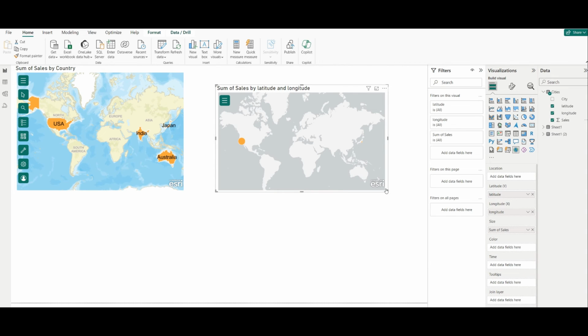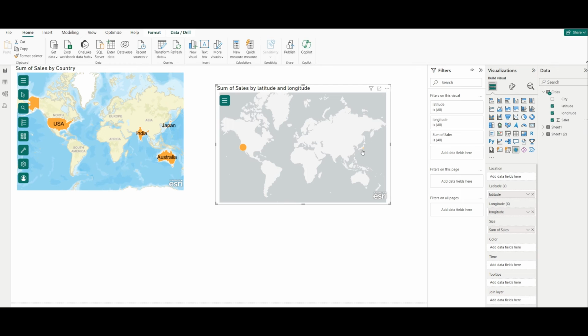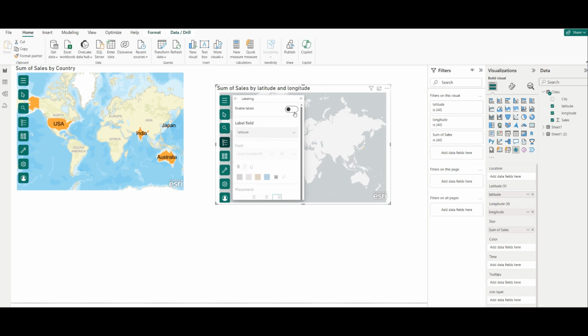Right. So as you see, when you add latitude and longitude, we can get the same function as when we give the location. So location can also be identified by this map, and also longitude and latitude if you need. And also, the same way, we can modify whatever we want here, to show the labeling and everything we can do to this map as well. Here it shows the longitude, latitude, and we can add different labeling